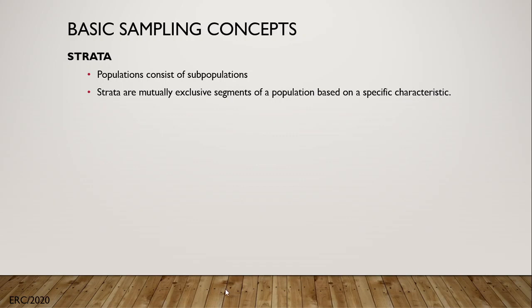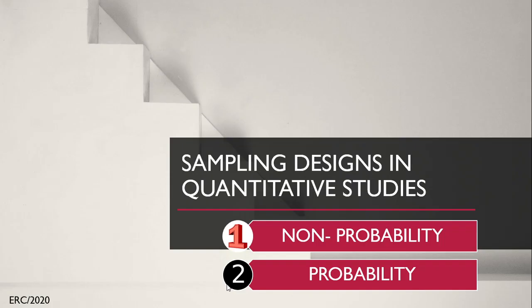Okay, let's move with the sampling designs in quantitative studies. Okay, the two main sampling designs issues in quantitative studies are how the sample is selected and how many elements are included. The two broad types of sampling designs in quantitative studies are the probability sampling and the non-probability sampling. But okay, let's start with the